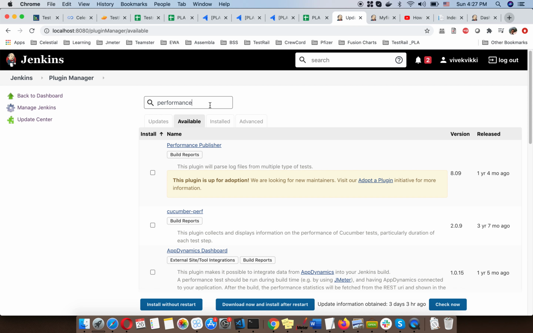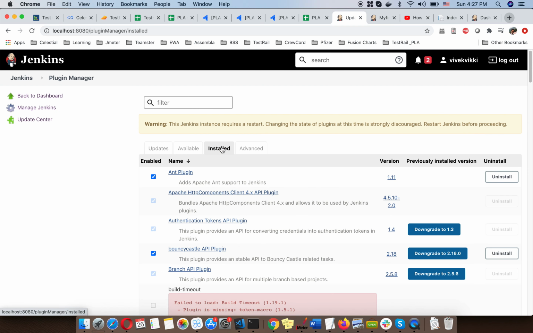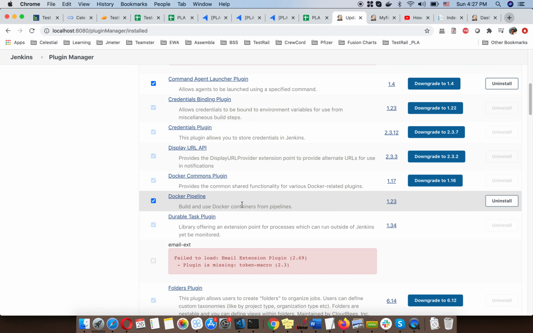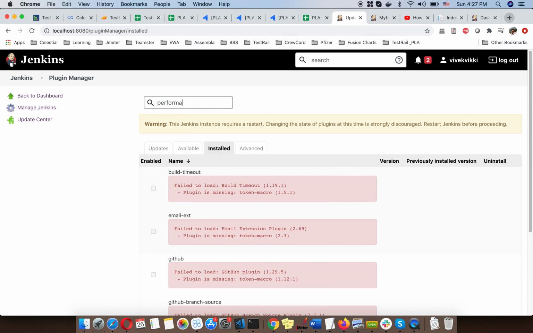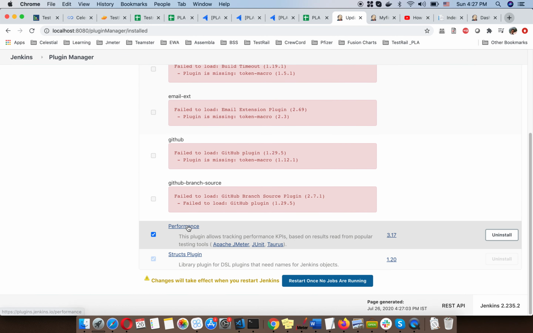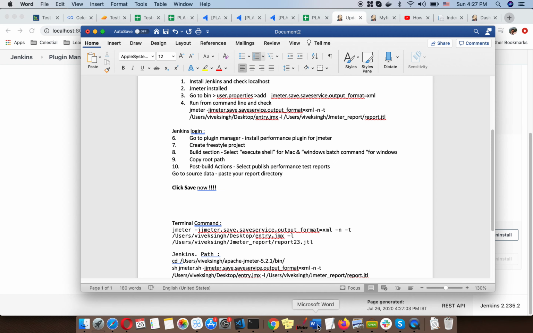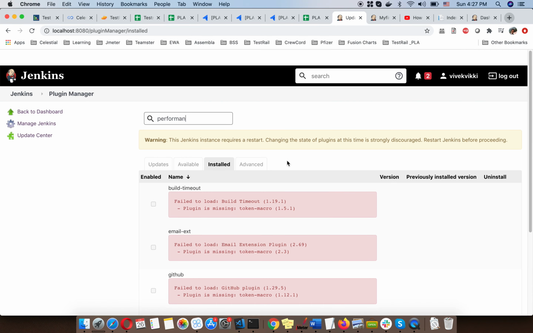When you successfully install, you will see that particular performance plugin inside this installed folder. See, this is already installed for me. So the very first part is completed for us: install performance plugin for JMeter. We have successfully installed it inside Jenkins.